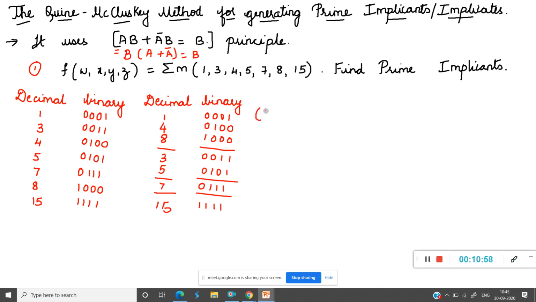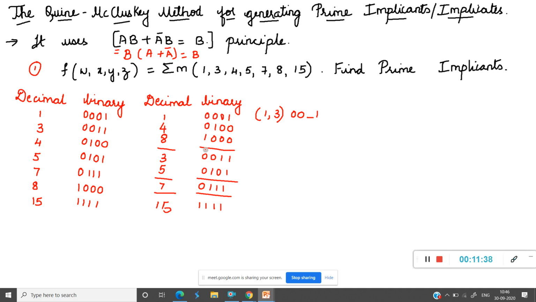So how will I write it is, students listen here, 1, 3, I'll write like this, 0 0 dash 1, because 0 0, this is also 0 0, here also 0 0. Here in the third bit position, here it is 0, here it is 1, so it is a dash. In the fourth bit position, here it is 1, here it is 1, so I will write 1 here. So like this you have to compare the one group binary number to the next group binary number. Next students, see, 1 can be compared with 5. Just check whether 1 can be compared with 5.